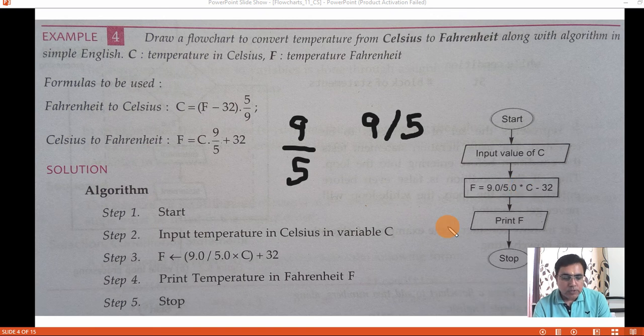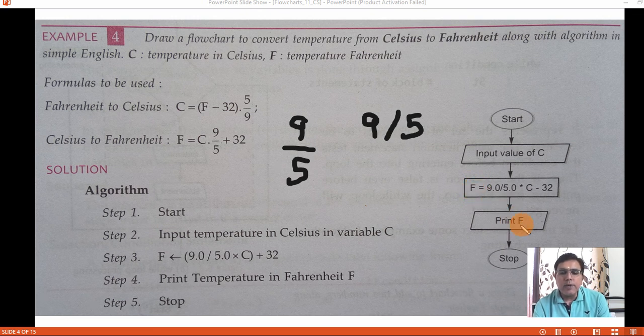You cannot use X here. So you can write it either like this, or you can write C into 9 divided by 5 plus 32. You have written the expression in a rectangle. This will be calculated and the value will be saved in F.